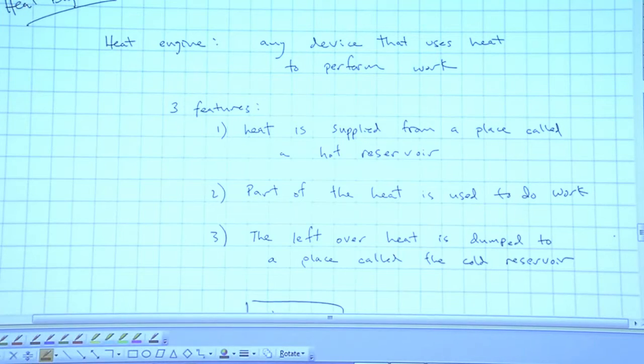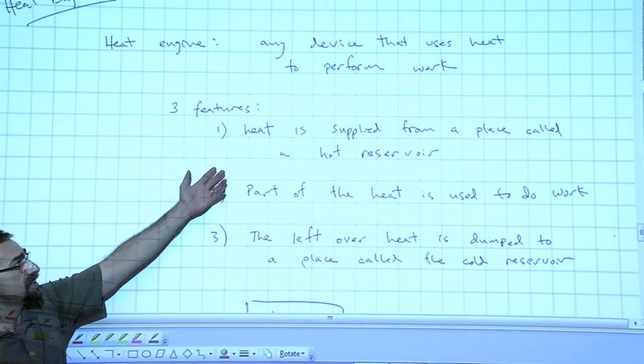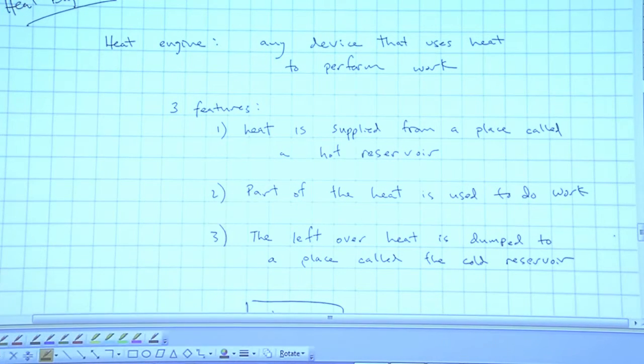Any device that uses heat to perform work. And it's got these features, right? Heat goes in. We have to put energy in. Our device is doing work. So we're putting energy in. That energy is in the form of heat. It comes from a place we call the hot reservoir. Part of the heat does some work. And what's left over is dumped out as exhaust, or excess heat, and goes to a place we call the cold